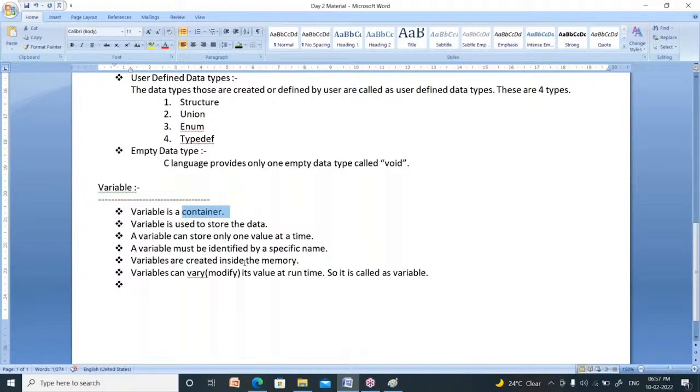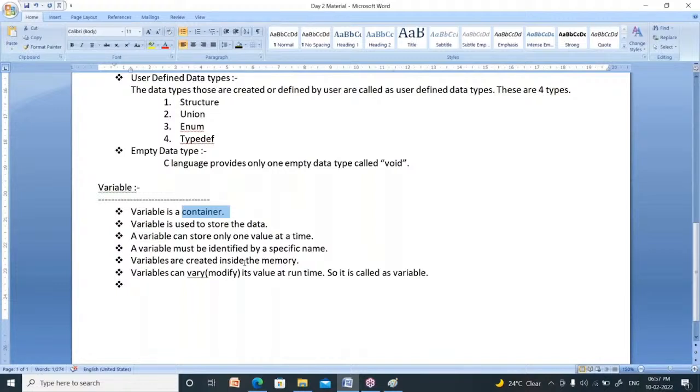Every variable must be identified by specific name. The variables are created inside the memory. Variables can allow to modify its value. Modify means variation. So it is called as variable.